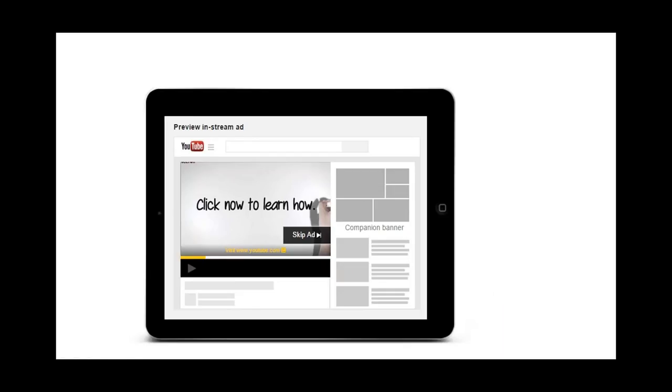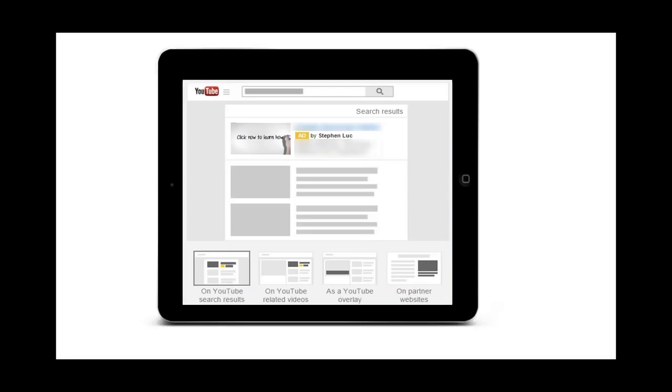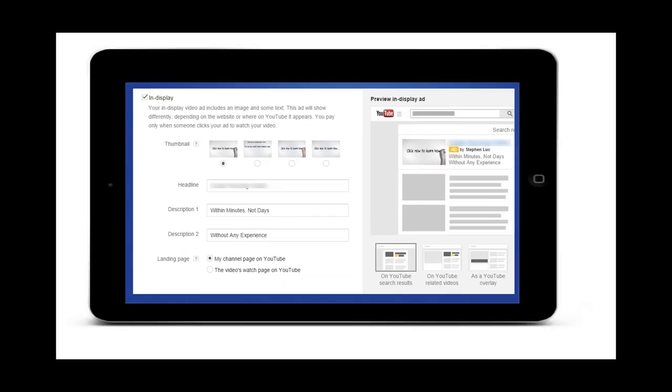So I did two different types of YouTube ads. I did the in-stream ads, and I also did the in-display ads. Now, as you can see here, the in-display ad, I basically put the headline. I put a very short description for 1 and 2. Now, what I found was that you want to make sure that your description and headline, your headline description and